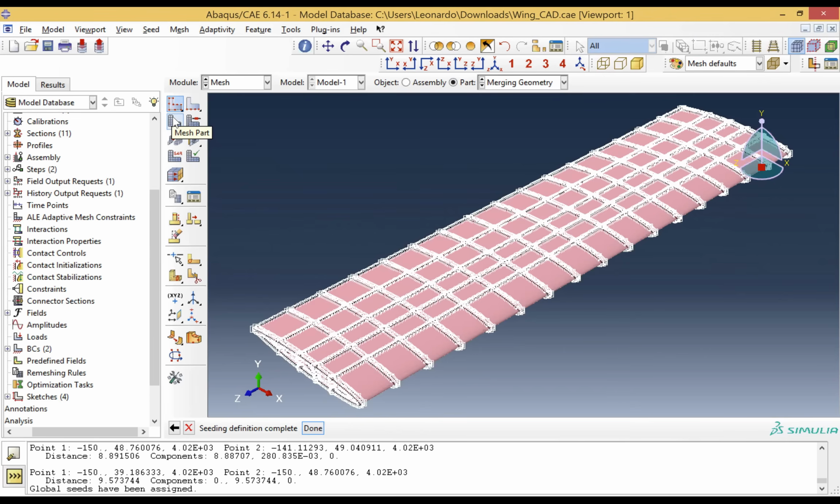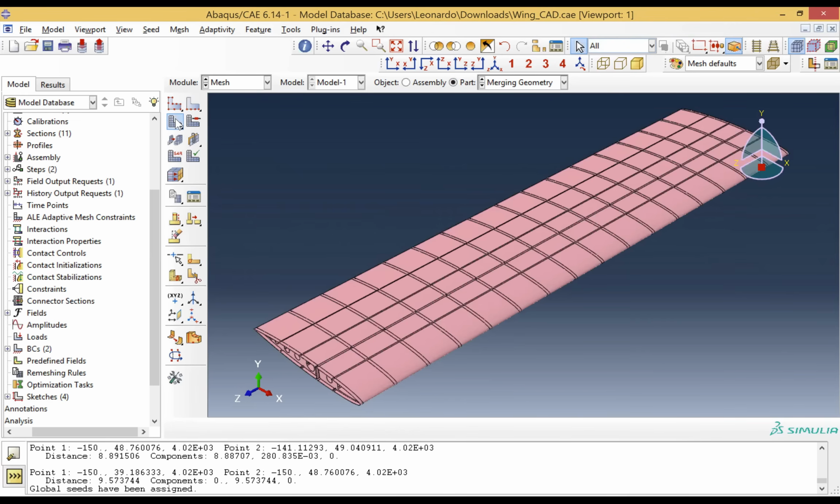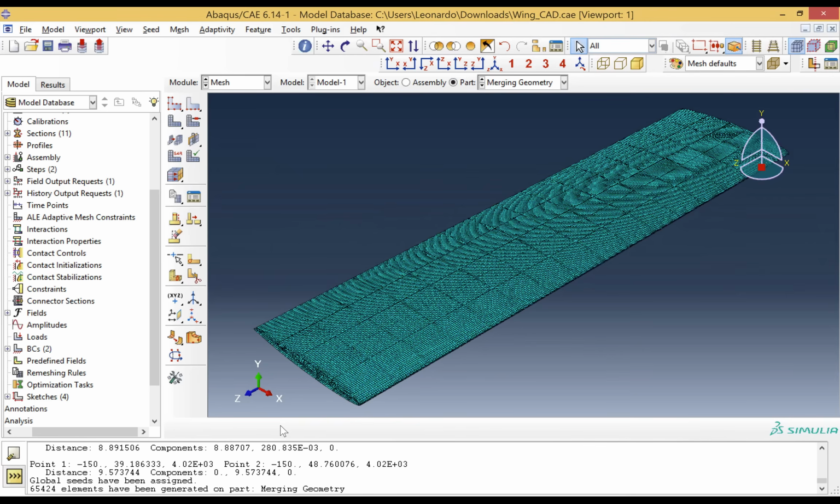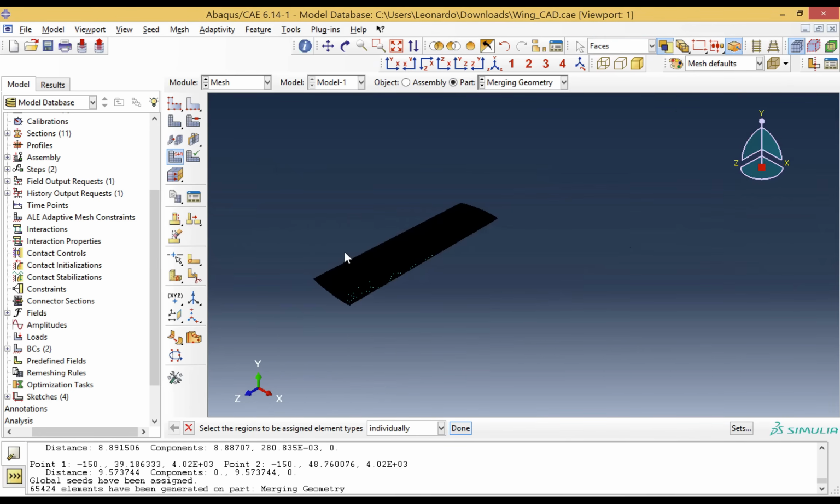Let's mesh the part. Let's look for the assigned element type. Let's select the entire part,